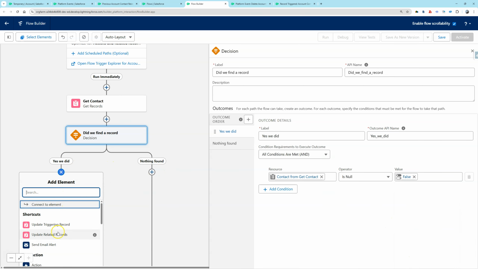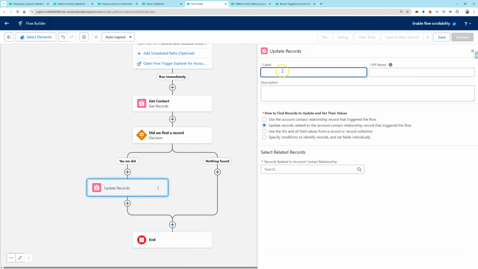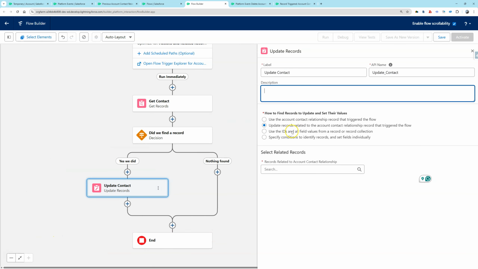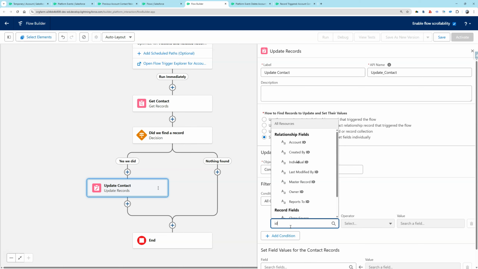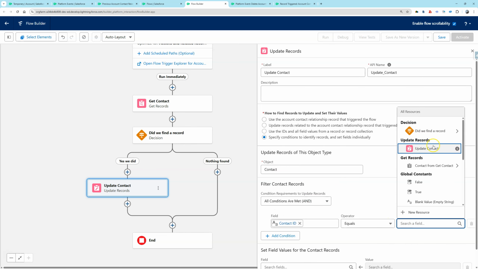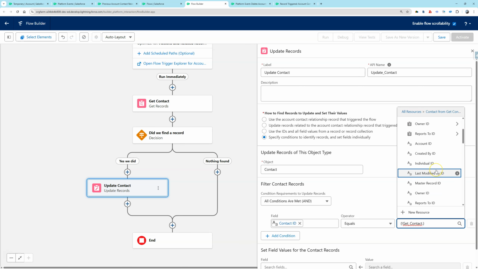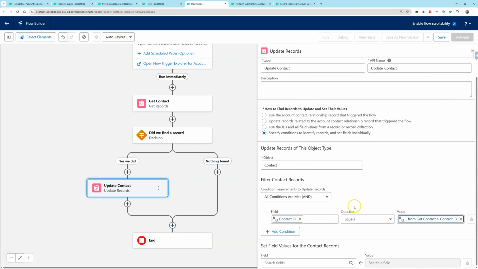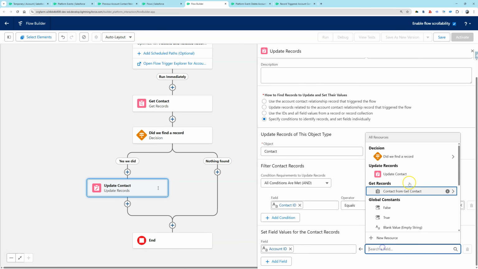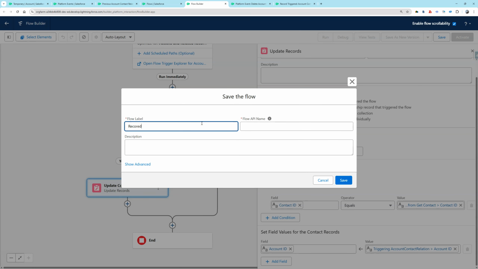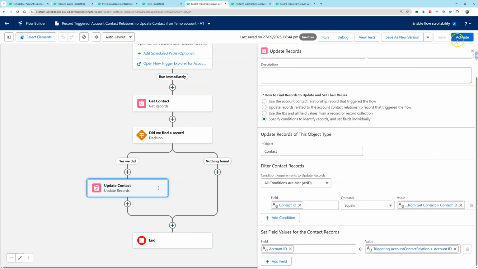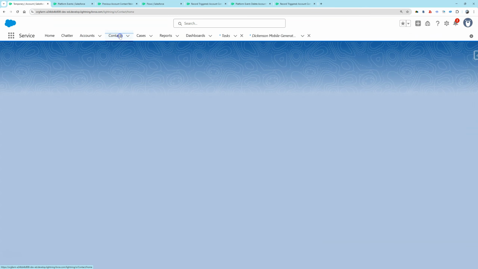And in there, we're just going to have to update our related account contact relationship where the contact ID is equal to our get contact ID. And we're going to update the account ID to the triggering account ID. Bam. Now we're going to activate them all. And we're going to go back to our friend Andy,